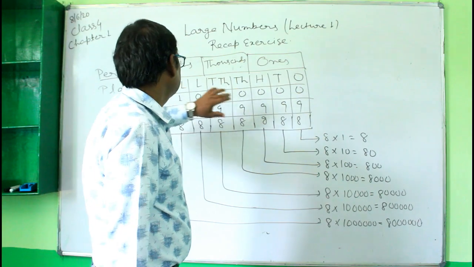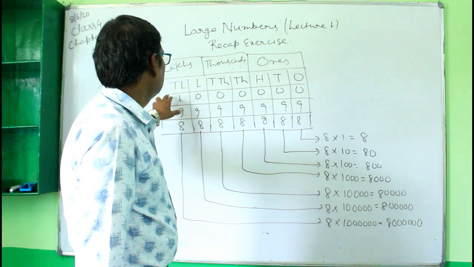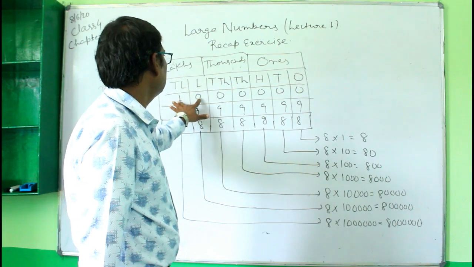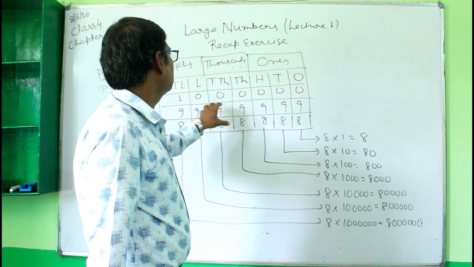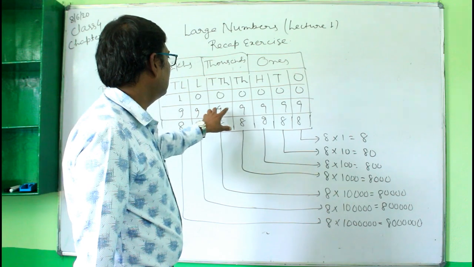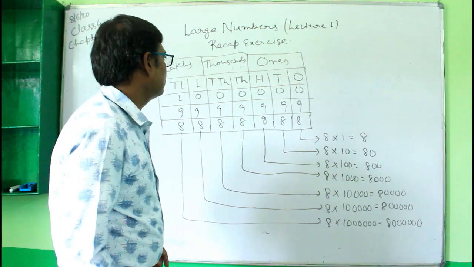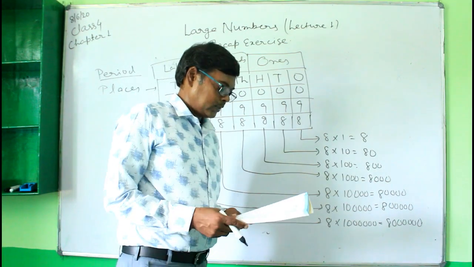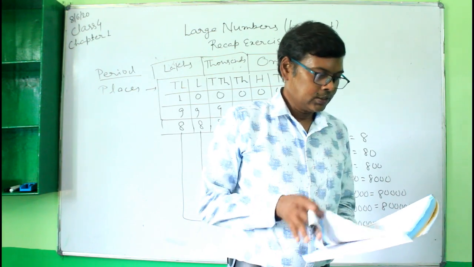So that is why we write this. When you name the given number, we see here that this is in the lakhs period, that is why it will be 10 lakh. Then read this number here, that this is 99 lakh, and then 99,999. So in this way you will read the number. So these are the large numbers.